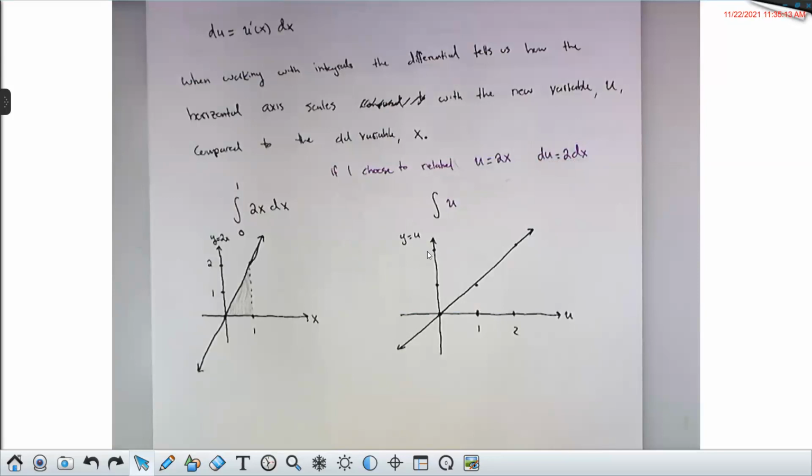Question. What area here is going to be equal to the area here? Half the size. So if I was to just integrate from 0 to 1, this would not be the same as this, right? This is 1/2 times 1 times 2, right? This area here is just 1. If I were to look at the integral from 0 to 1 here, that would give me 1/2 times 1 times 1.